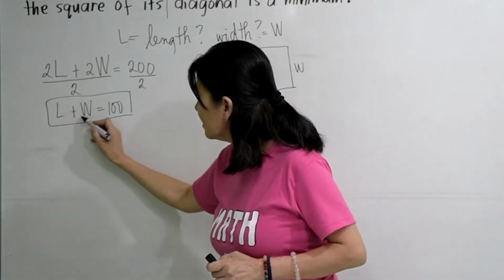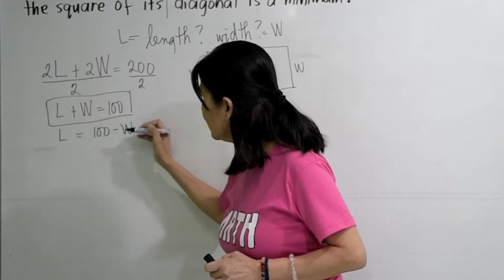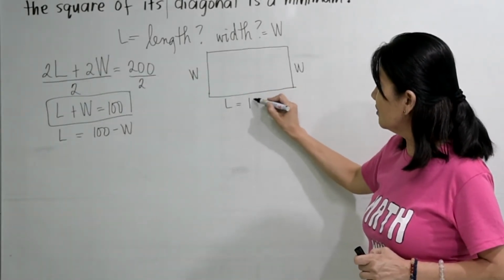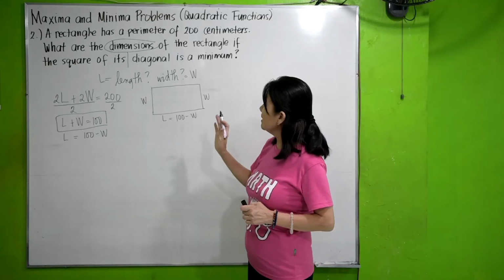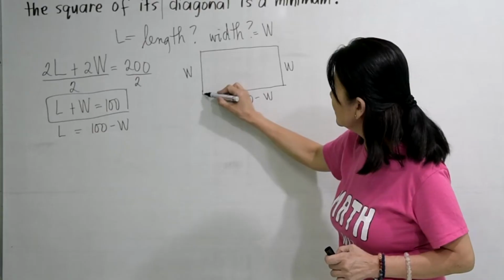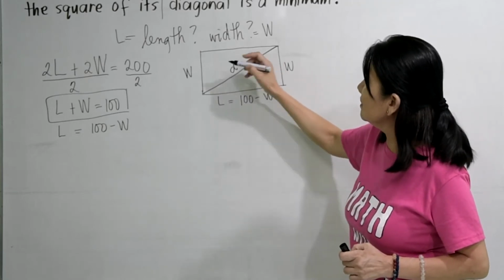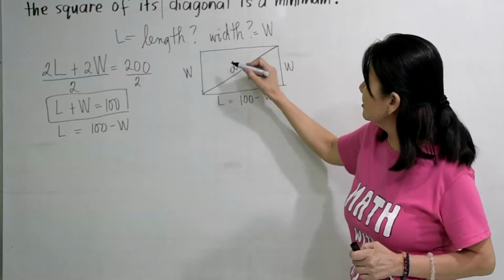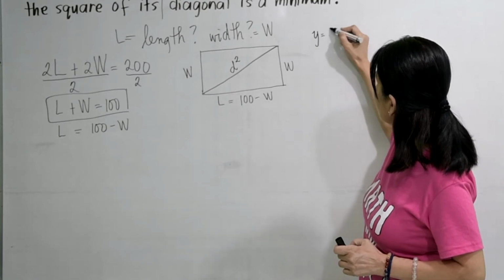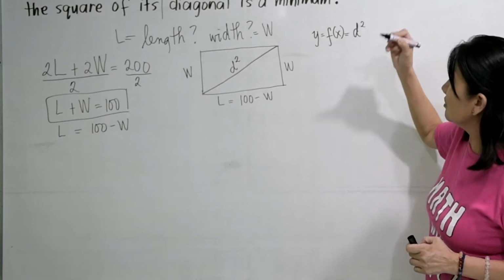But here, as you can see, the L is equal to 100 minus W if you transpose W to the other side. So we can write this as L equals 100 minus W. And then it says here the square of its diagonal. So let's draw the diagonal here. This is the diagonal. We would like to get the square of the diagonal, so we let it be d squared. So we let our y, or our function, if you're using f of x, equal the square of the diagonal,